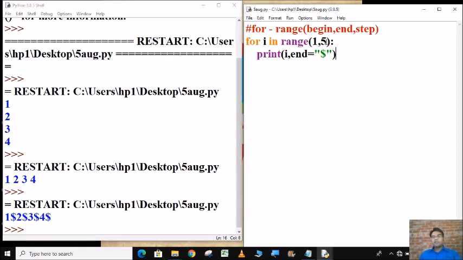Now suppose we want to include 5 also, then we have to use 6 here. It means it will end at 6, but it will not include 6.